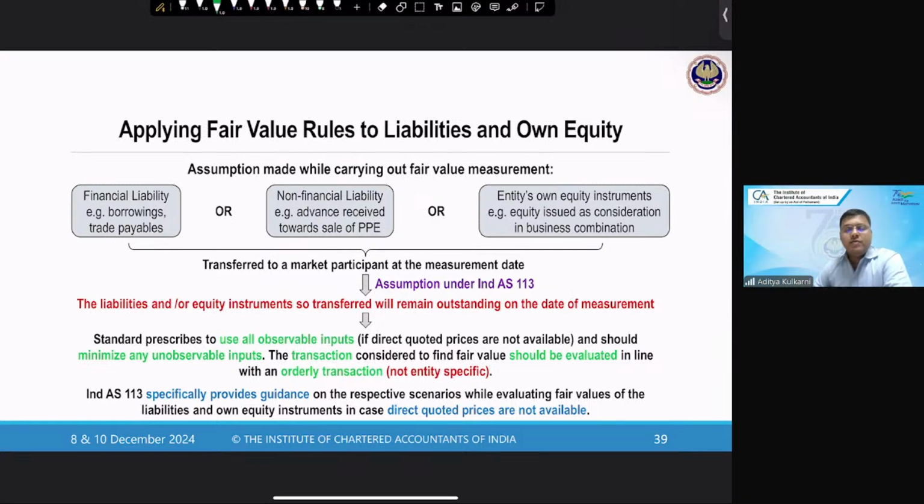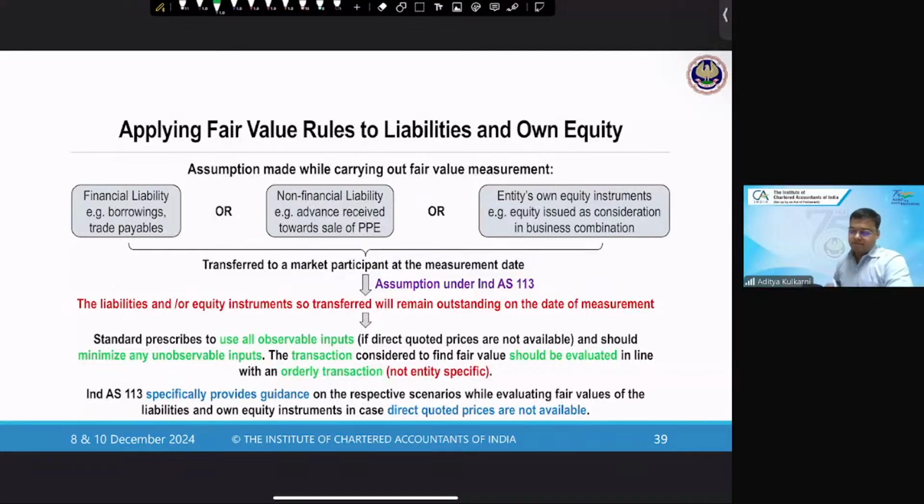We started off with assets because that is the easiest thing for us to understand. Because you have something which is an asset for you, and that is going to give you the cash. So your level of connecting to the dots is very fast when it comes to assets, because you are going to sell something. The problem is when we talk about liabilities and own equity.